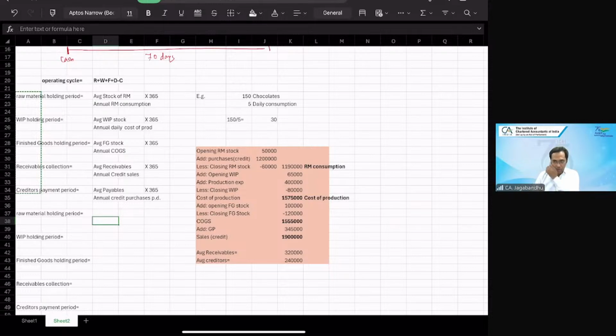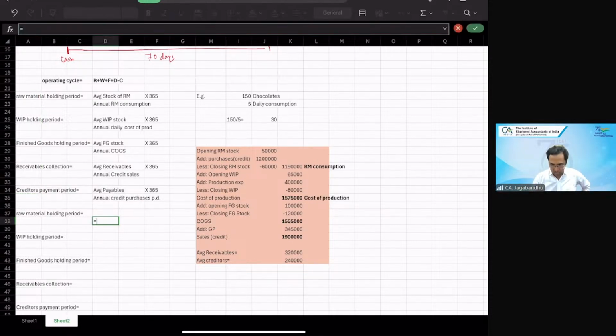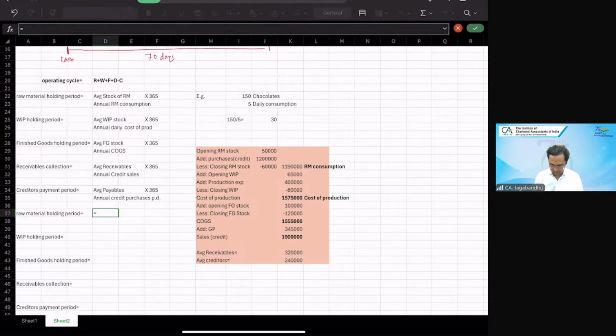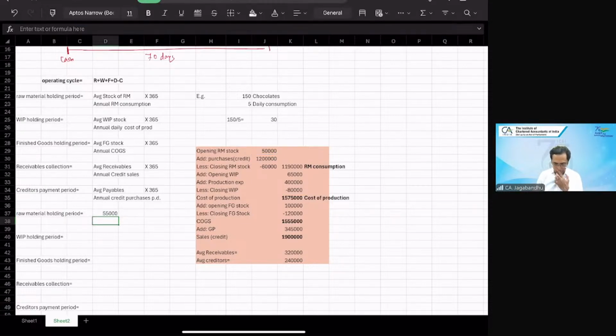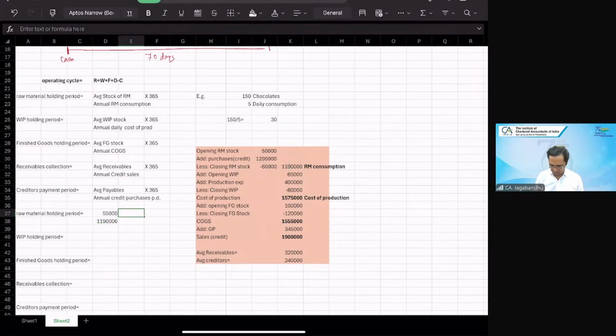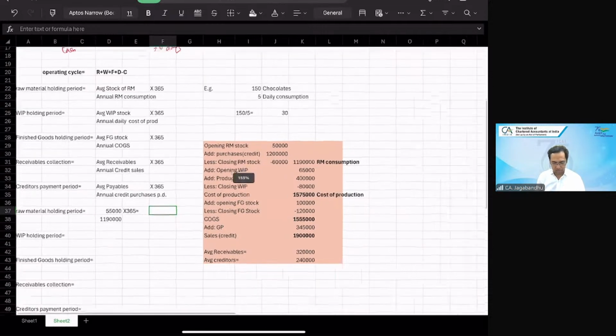Raw material holding period is going to be the average stock of raw material, opening plus closing divided by 2. Raw material consumption is this number, and of course you multiply it by 365. So that gives us a raw material holding period of